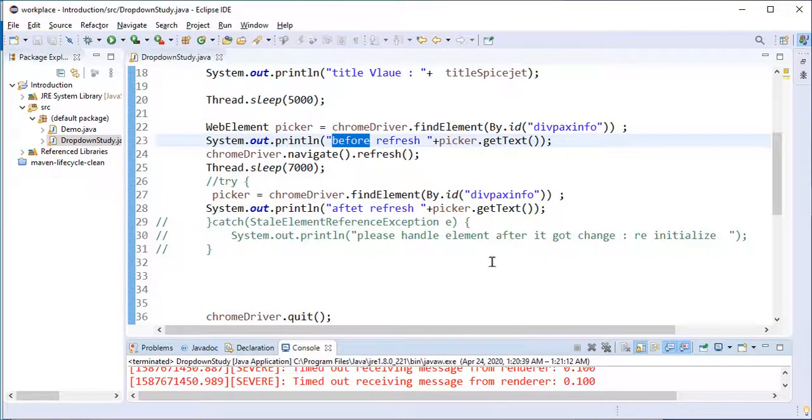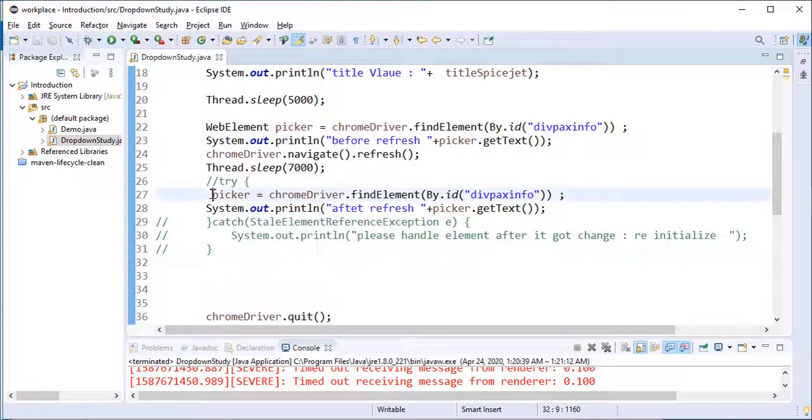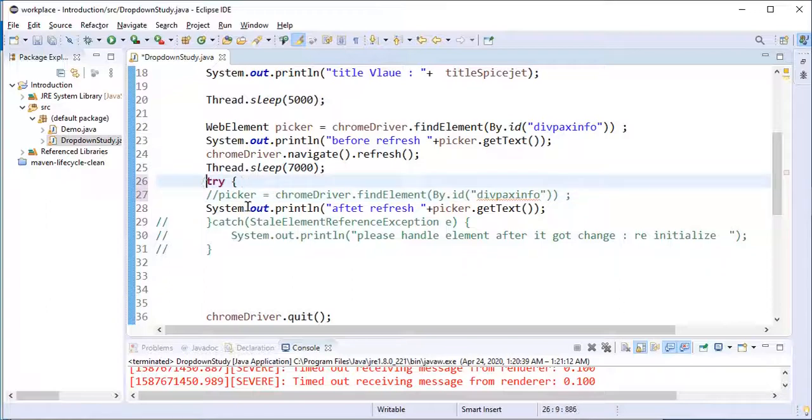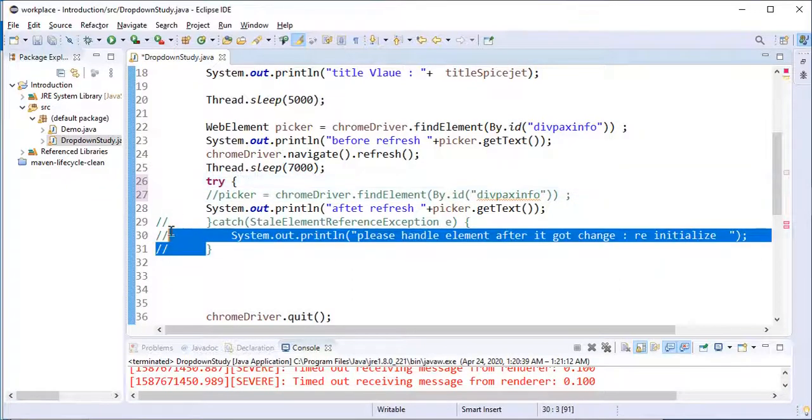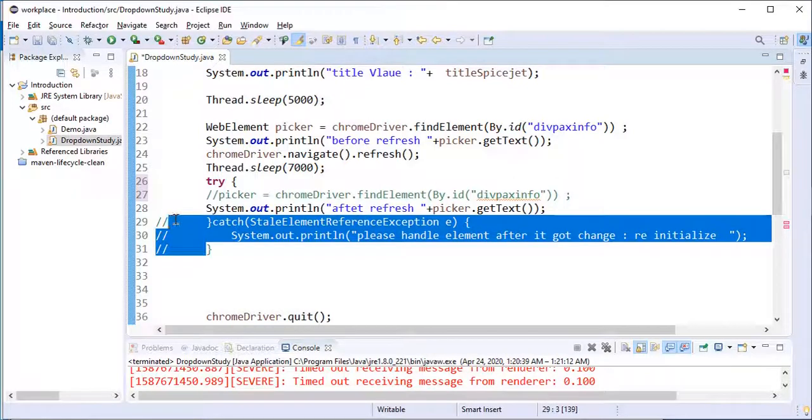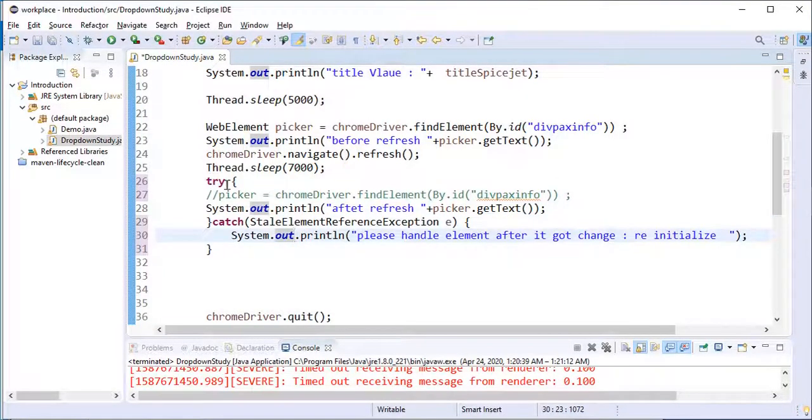If in the program your application gets refreshed or something similar happens, which was not happening previously, you will need to handle this error. Your whole program should not be terminated because of this type of exception. What you can do is use a try catch block.